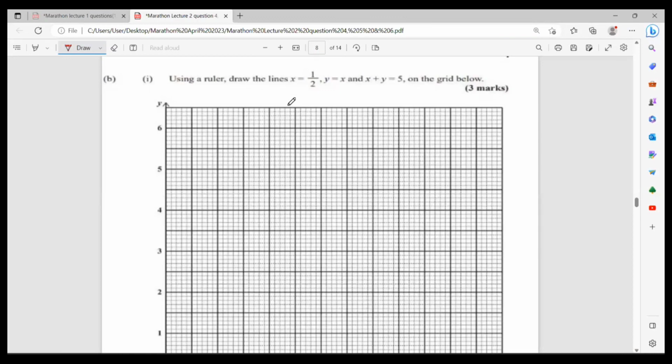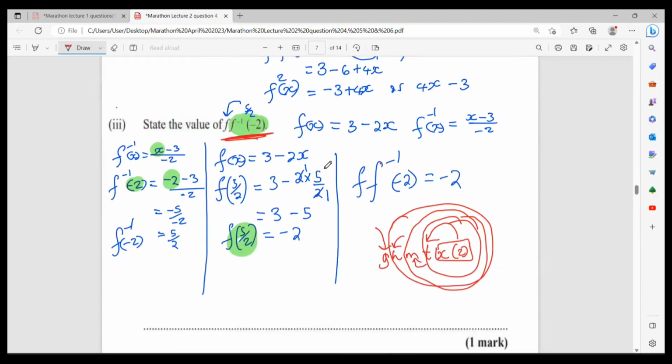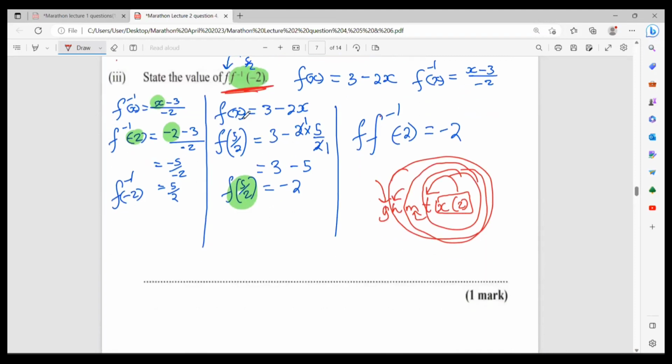Can you please go over the one that you were at, state the value of f inverse, because I got kicked off. Oh, Mom, I was just saying that when we're working a problem like this,